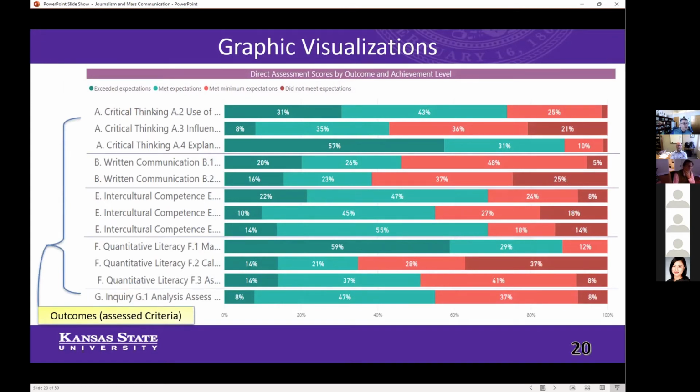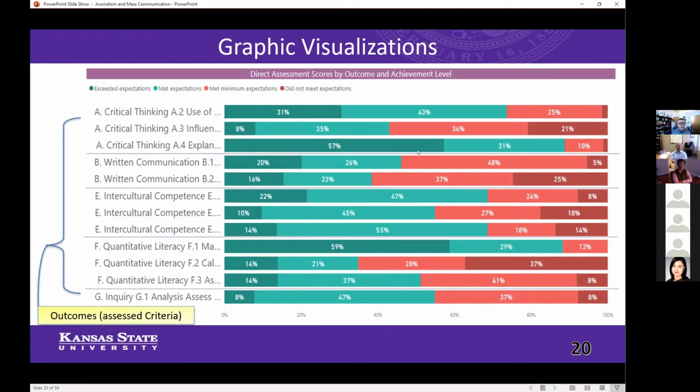In other words, if this were oral communication, you could see how students are scored in posture, and how students are scored in volume, and how students are scored in diction, etc. And that's when the assessment becomes most useful. I know that that's not what your accreditation agency is asking for, which is fine. You can give them the overall oral communication score. But when the assessment provides you as a program with the more detailed data, then it becomes more useful to individual faculty across the program to decide